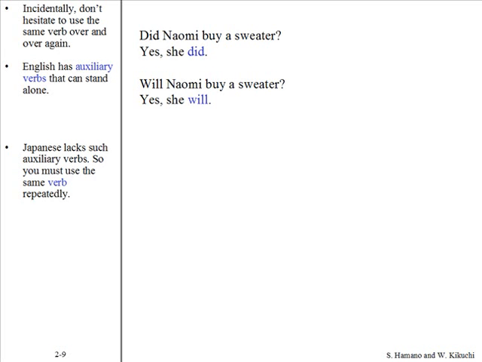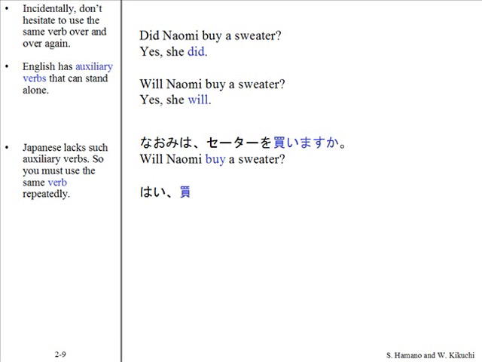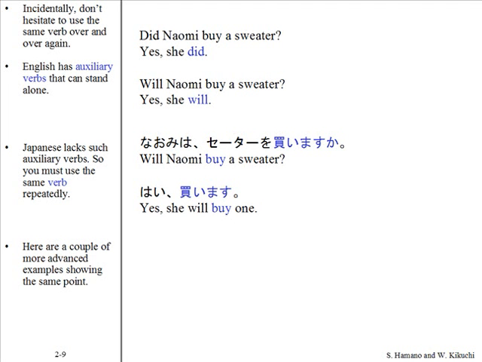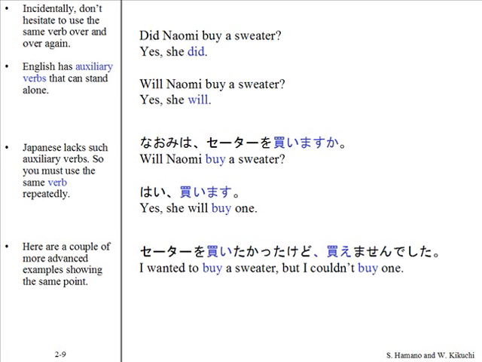Japanese lacks such auxiliary verbs, so you must use the same verb repeatedly. ナオミはセーターを買いますか？はい、買います。 Here are a couple of more advanced examples showing the same point. セーターを買いたかったけど、買えませんでした。買えたら買ってください。